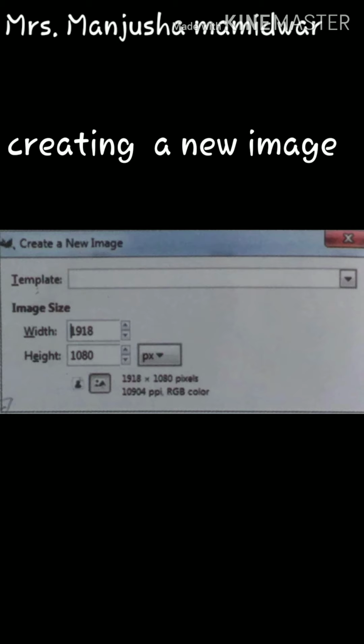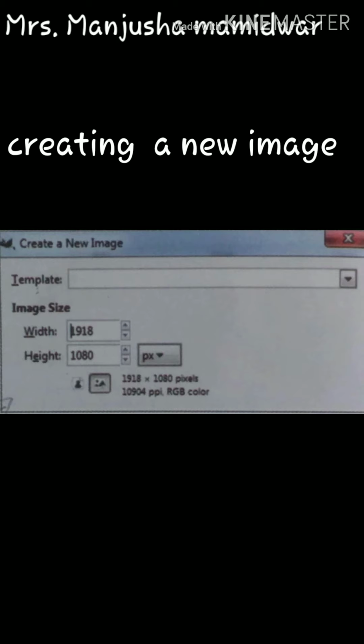They have the first option, templates. You can select a pre-designed size using this drop-down arrow. Next option, image size. In this section you are able to define a customized size. They have the width and height, and you are also able to select the unit.